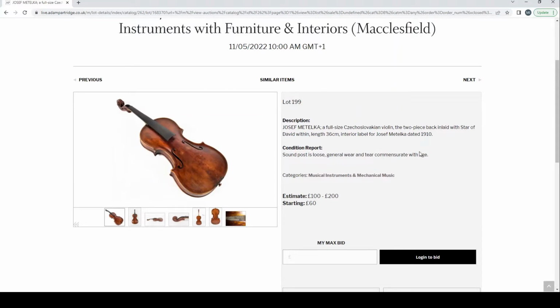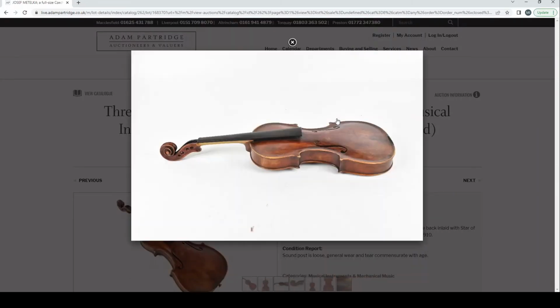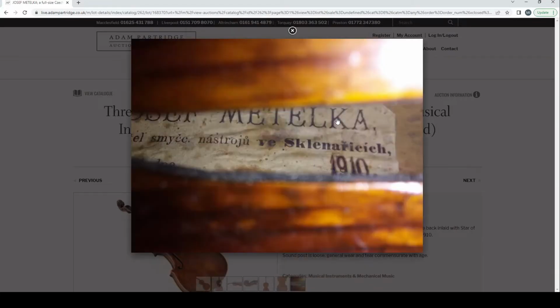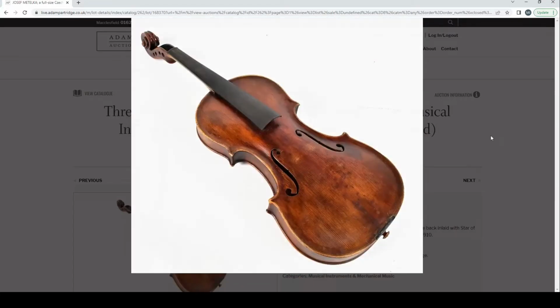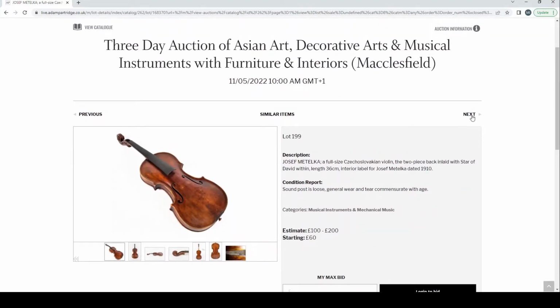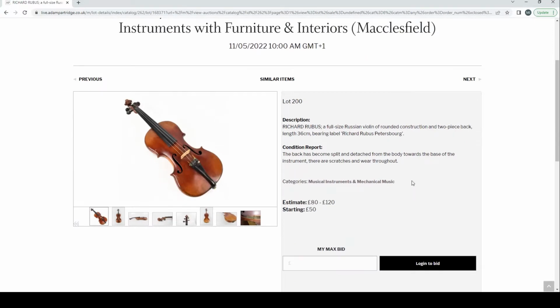Joseph Metelka, Czechoslovakian violin, as they are stating. Interesting. With the Star of David, so slightly curious. Richard Rubis, full-size Russian violin, labelled Richard Rubis,